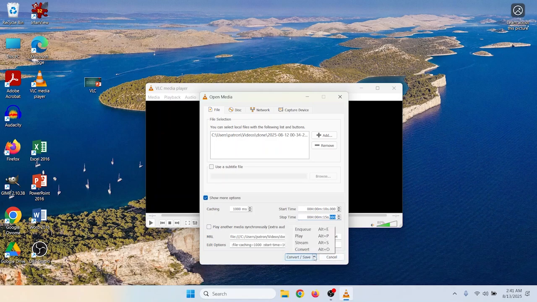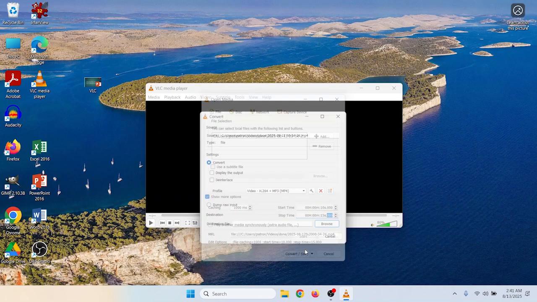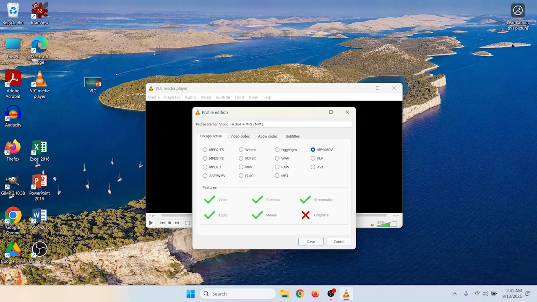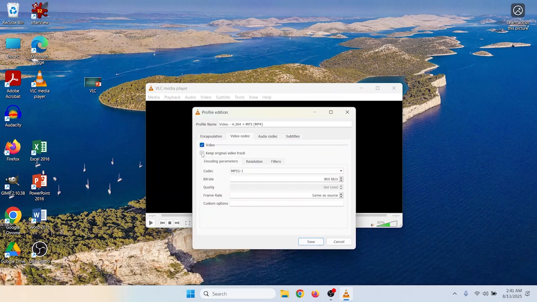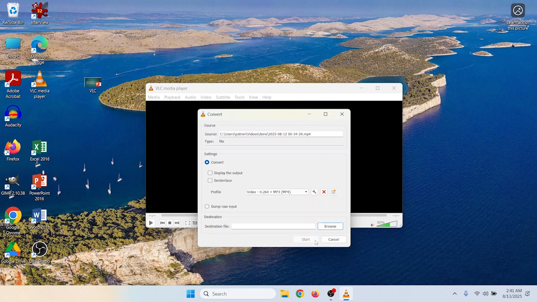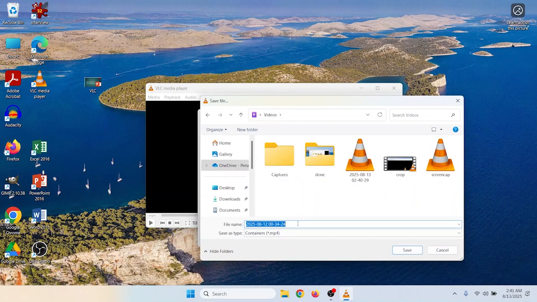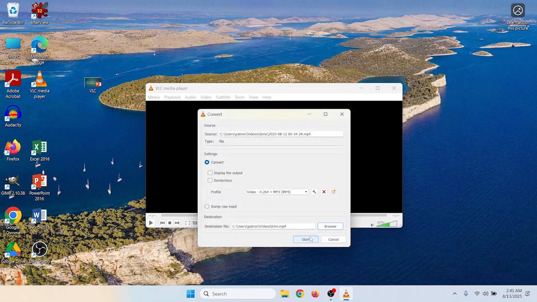So from here I'm going to click the little arrow next to convert save, select convert, and then for profile here I'm going to just select the MP4, but I'm also going to click on the wrench, and under video codec I'm going to keep original video track, keep original audio track. I'm going to save it. We're going to choose a destination file. We'll just stick it in the video folder and call it trim. Click save, click start,